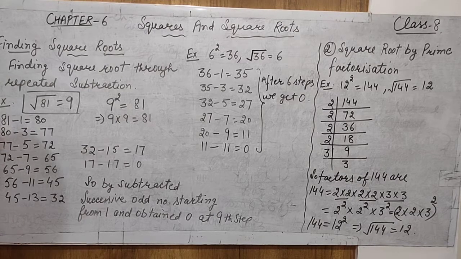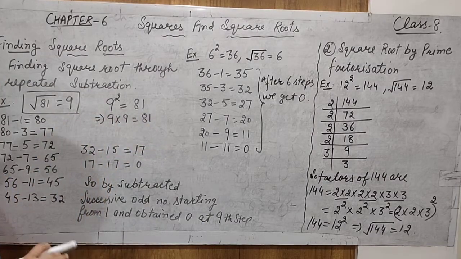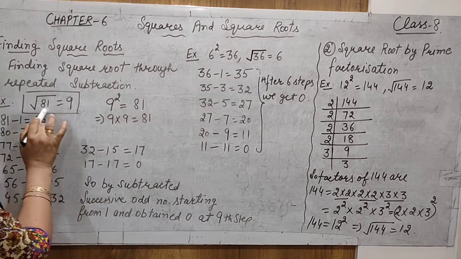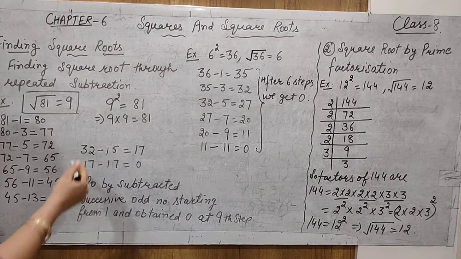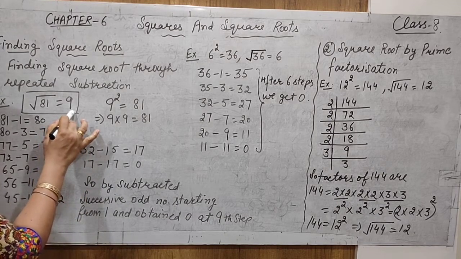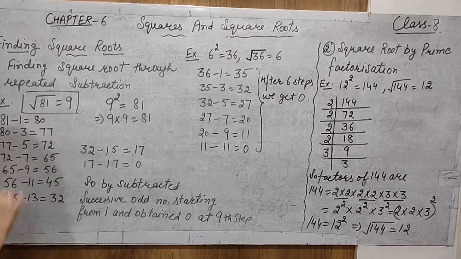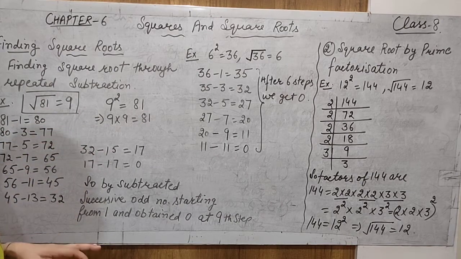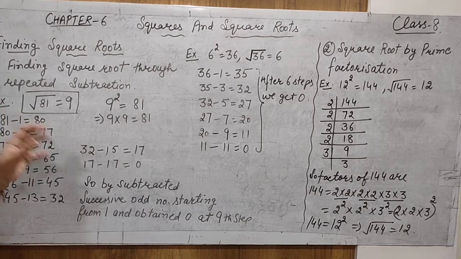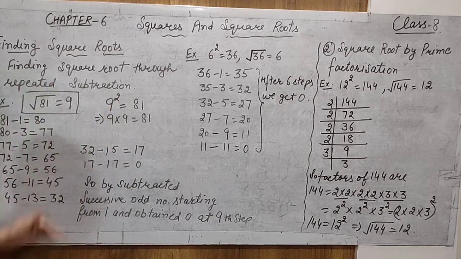First of all, understand with the help of an example. 9 square is equal to 81, that you know very well. Now, what is the square root of 81? That is 9. This is the simple one I have selected for you. The question is root 81 and the answer is 9. How can we find this 9? Because for lengthy numbers, how is the method adopted? If the question says find the square root using repeated subtraction, you must use the complete process. Understand from this.